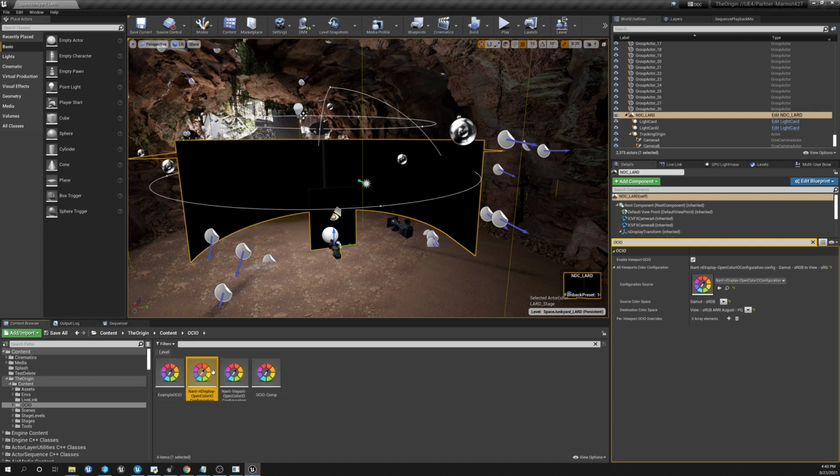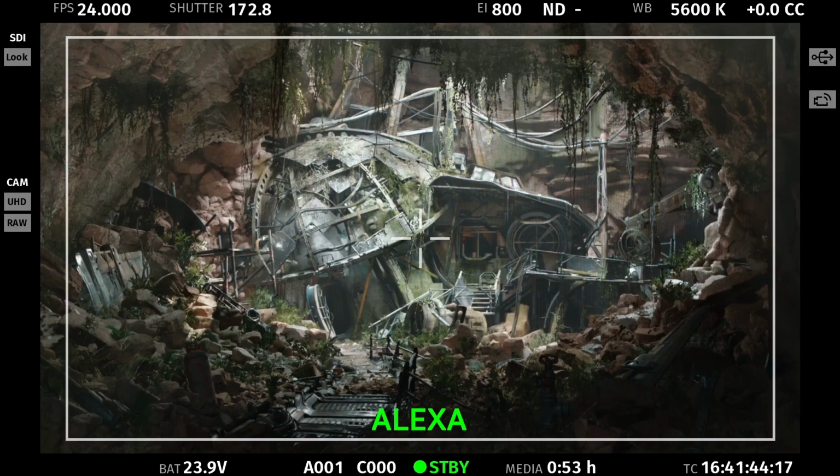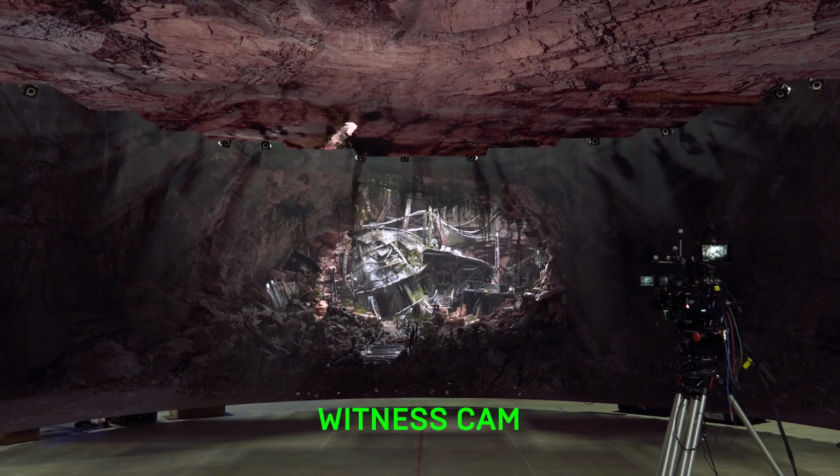In order to leverage your OpenColor.io asset, we go to our end display actor in the scene, go to its root component, and we search up OCIO. That'll give you an OCIO section where we're able to specify the configuration source that we're going to be using. In this case, it's our NANT end display OpenColor.io configuration, and then the source and destination color space that we're looking to use. This is particularly calibrated for our Arri camera that we're using on our walls here.